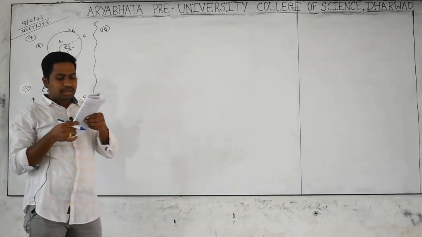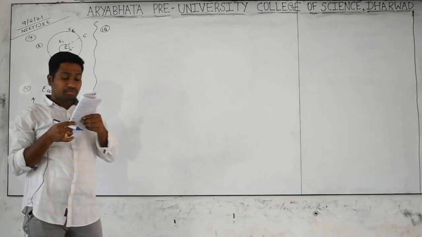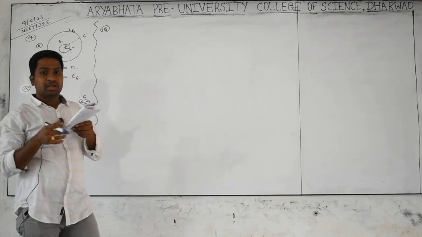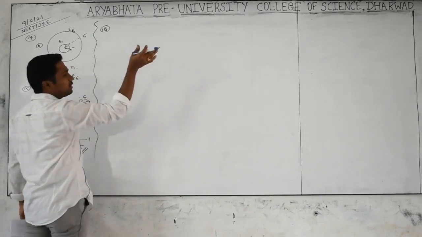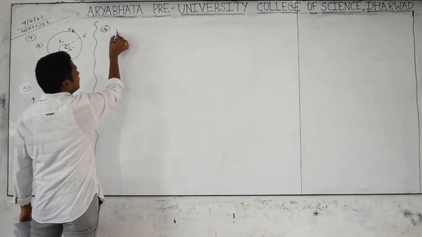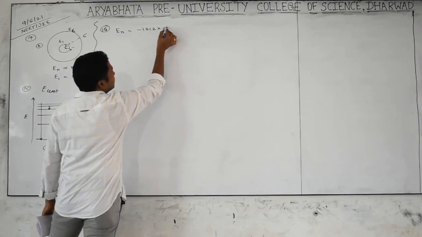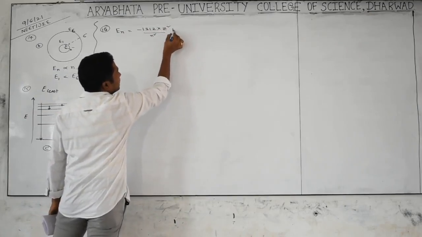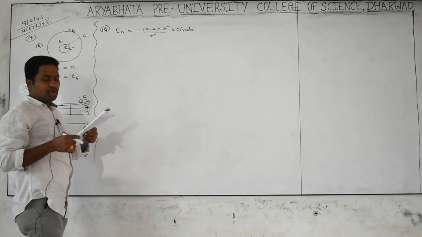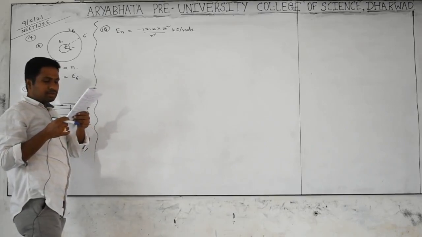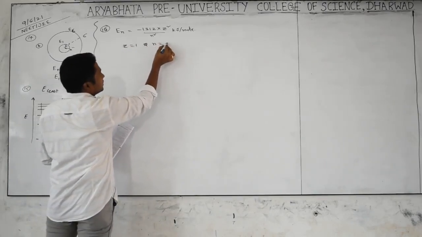The energy of the second Bohr orbit of a hydrogen atom is given, and the energy of the fourth Bohr orbit will be, yes, is asked. The answer is asked in kilojoules per mole. We know the formula. Actually the first statement is given but is not useful. So the energy of the nth orbit in kilojoules formula is minus 1312 into Z square by n square kilojoule per mole. Now he is telling hydrogen atom, so the Z value equals 1 and for the fourth orbit n equals 4.